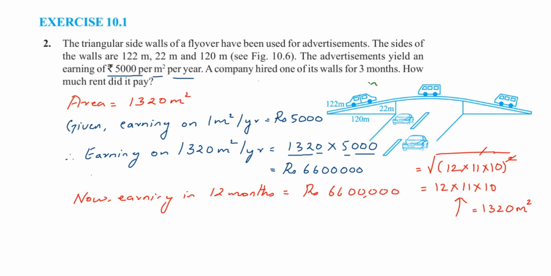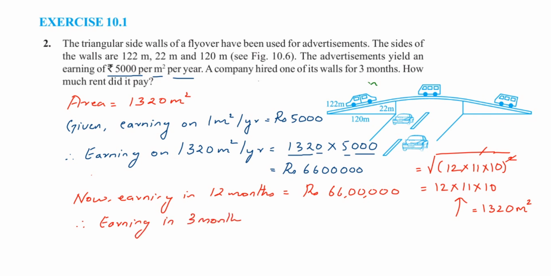So there are two ways of doing it. This is for 1 year, which is 12 months. You can divide the whole amount by 12. You will get the value for 1 month. And since we have to find for 3 months, you can multiply that value by 3. That is one way of doing it. The other way is you can write it in a fractional form and do it. How to do that? Therefore, the earning in 3 months